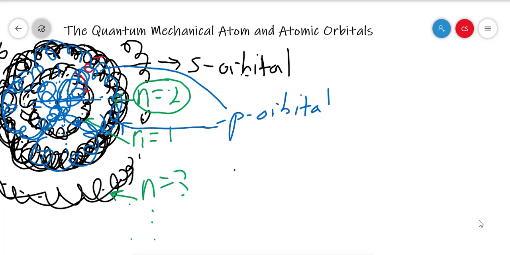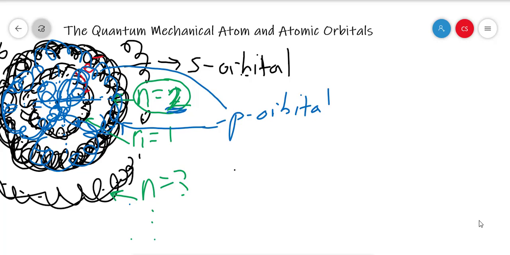So both of these are p orbitals. And then there's a third one that comes out of the board, or out of the whiteboard here, and it's also a p orbital. All 3 of those are p orbitals, and they all have in common that they have the same size. So they're all n equals 2 p orbitals,